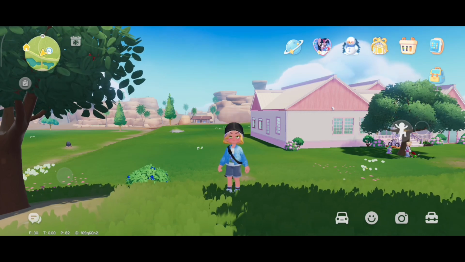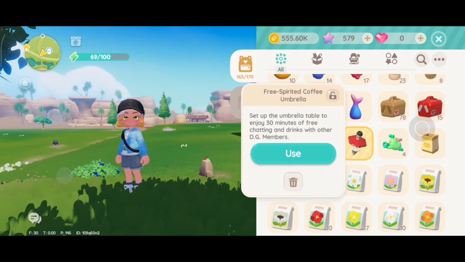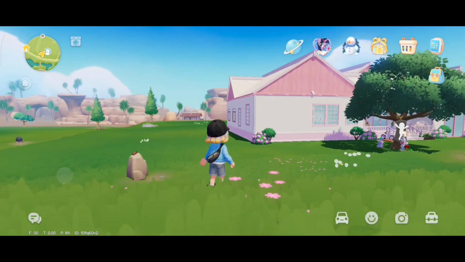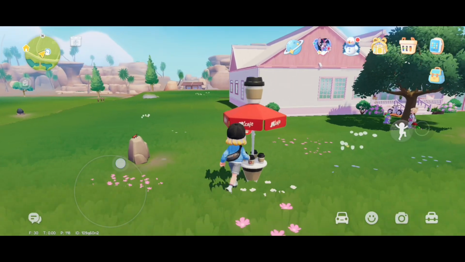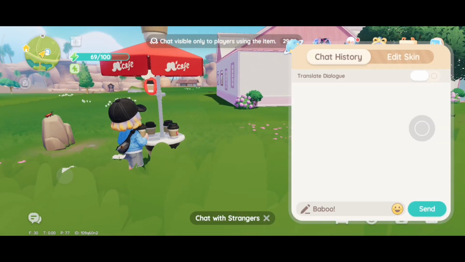And here's how. First, just open your backpack and then take out the coffee umbrella. Just tap on use like this. And then tap on it, and then like this. Once placed, a special chat will appear like this, and inside this chat room you can really